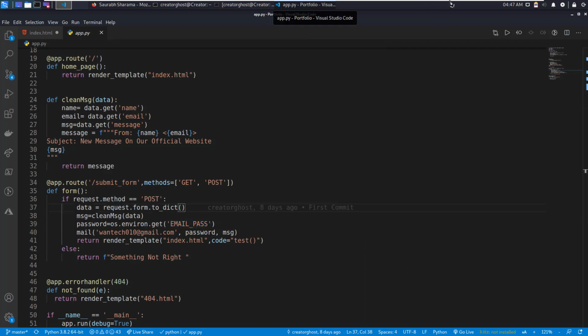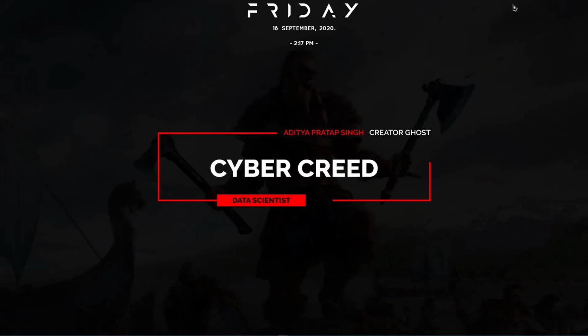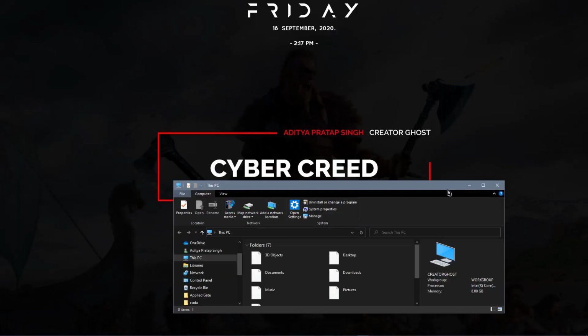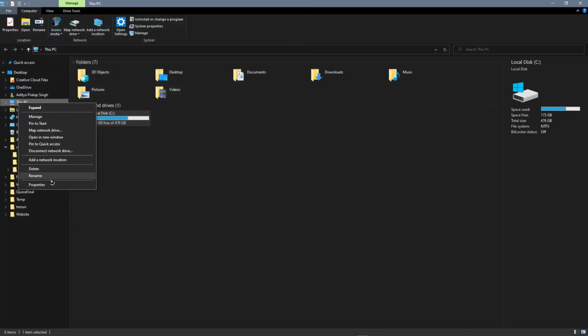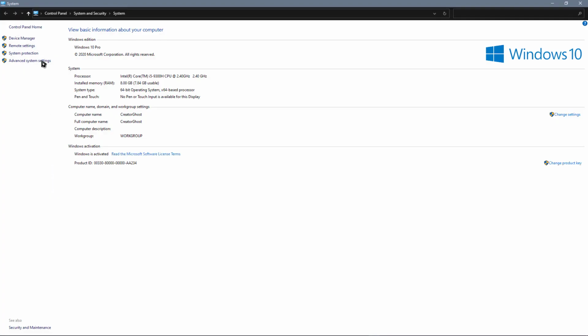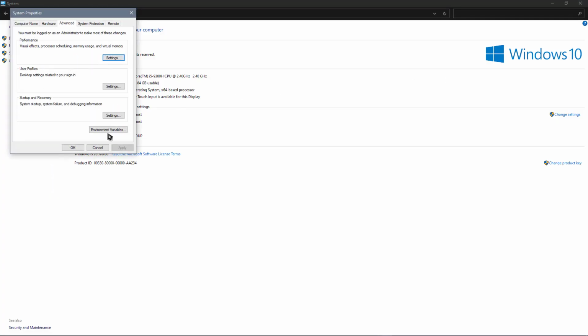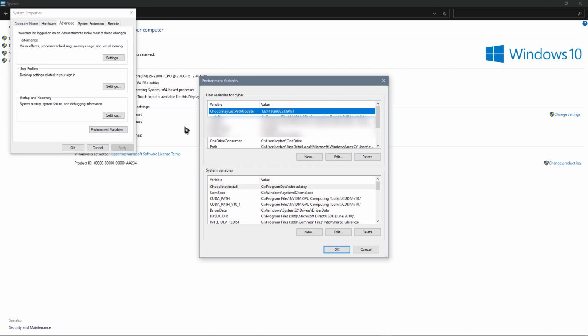But if you are on Windows, you can do a quick hack. You can open up your Windows Explorer, click on properties, and here click on advanced settings, and here you see the environment variables.